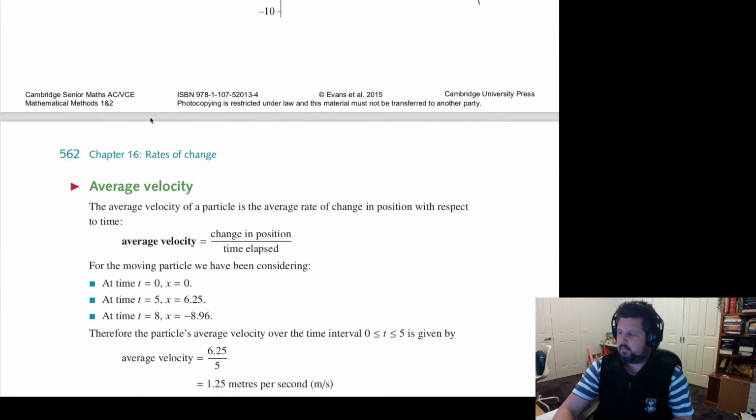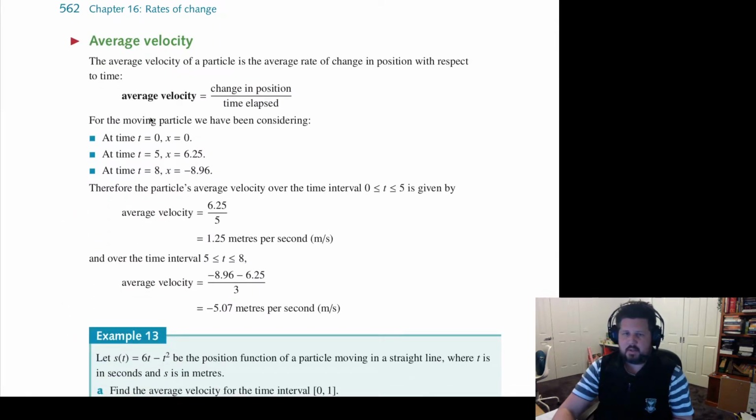One of the things that you need to know is how to calculate the average velocity. Now to do this, there is a formula. It's just the change in position divided by the change in time, or the time elapsed. So again, if you consider the following that we had at the start, based on the moving particle we just